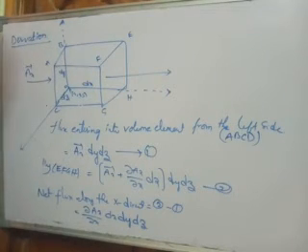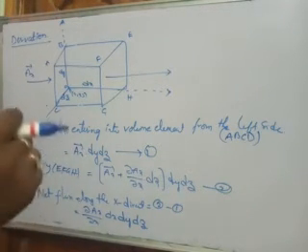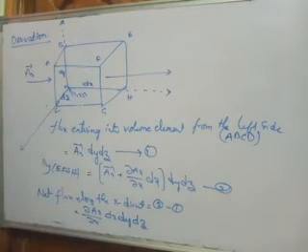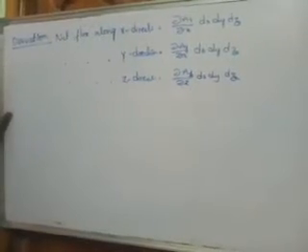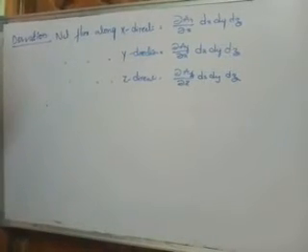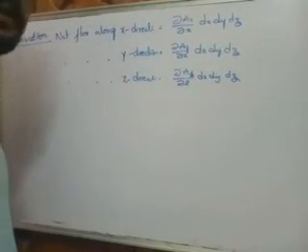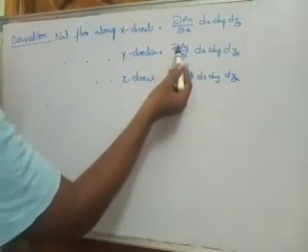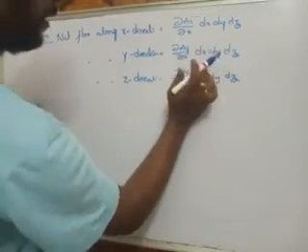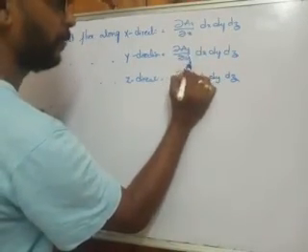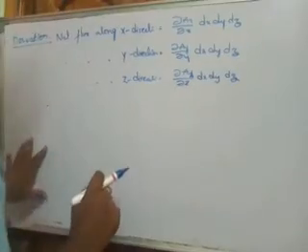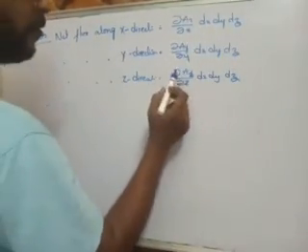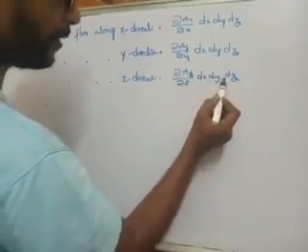Right. Now, what is the net flux along the y direction? What is the net flux along the z direction? Let us write. See, net flux along the x direction is dou Ax by dou x into dx dy dz. And the net flux along the y direction is dou Ay by dou x. Sorry, dou Ay by dou y dx dy dz. Similarly, net flux along the z direction is dou Az by dou z dx dy dz.